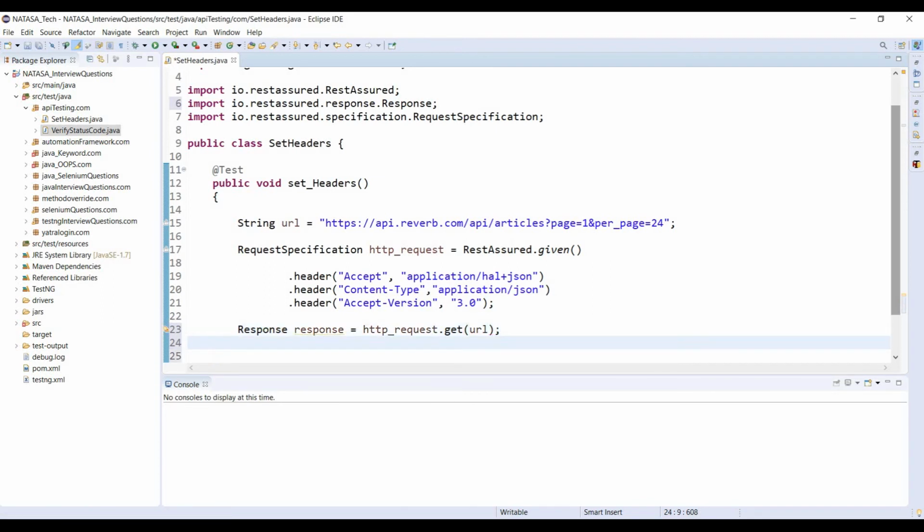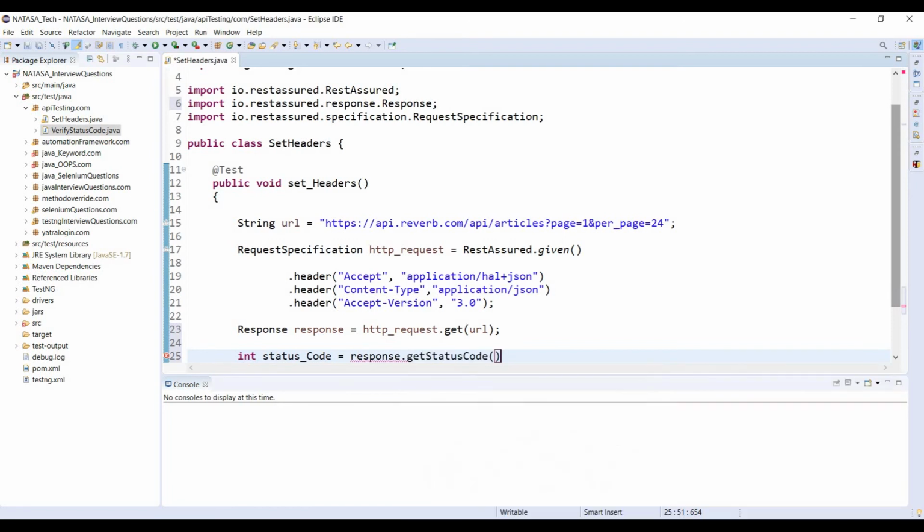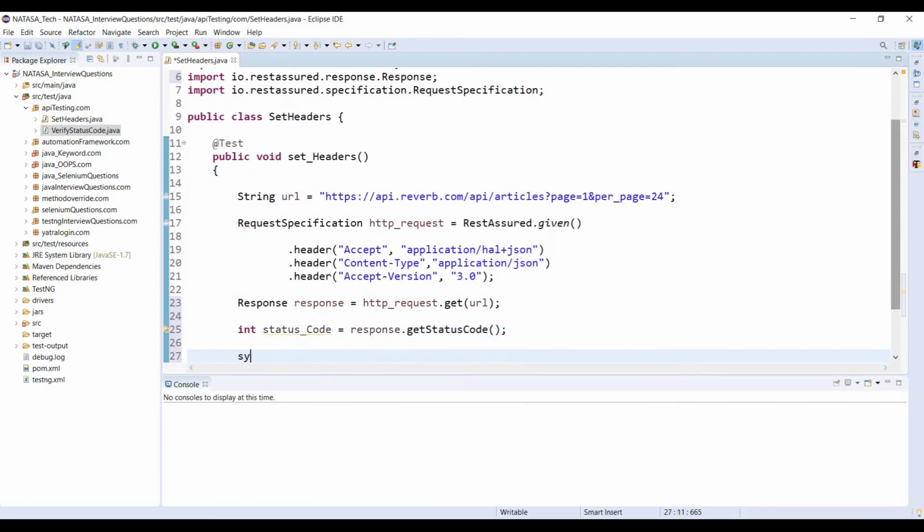Next, I'm going to verify the status code: status code equals response.getStatusCode, right? Then System.out.println to print the status code. Okay, so we successfully set the header values.